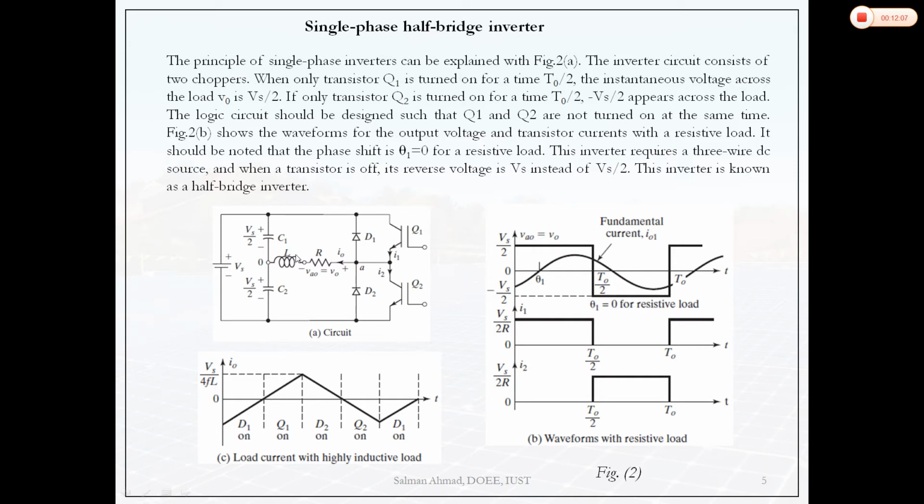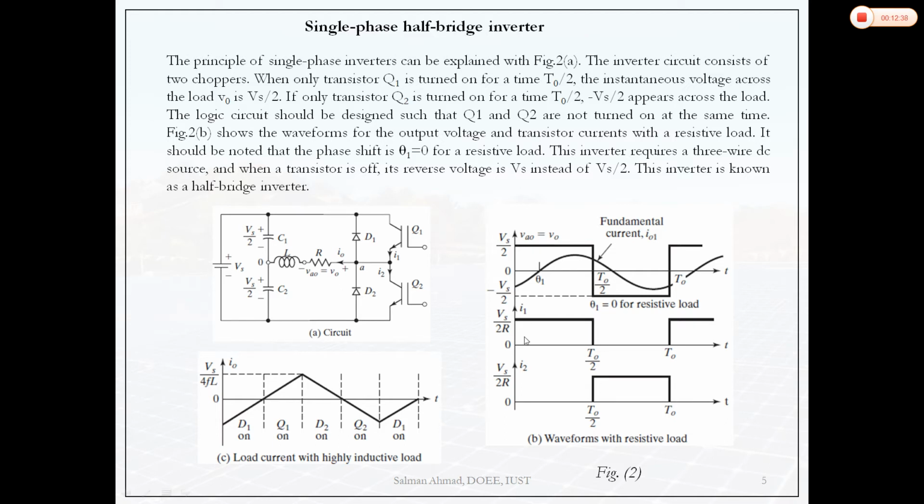One more thing you should remember is that these two switches should never be turned on simultaneously. If one switch is turned on, the other must be turned off, otherwise there will be a direct short circuit across the DC input, and it will damage the switch. So normally in these inverters we have to provide some dead band. First the conducting switch must be turned off, then after a few microseconds delay, you turn on the